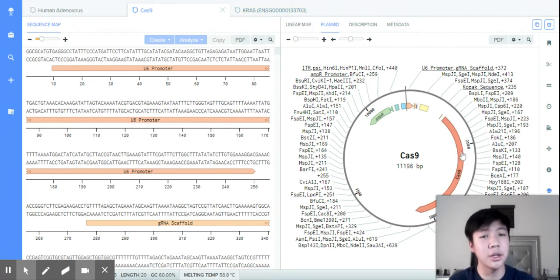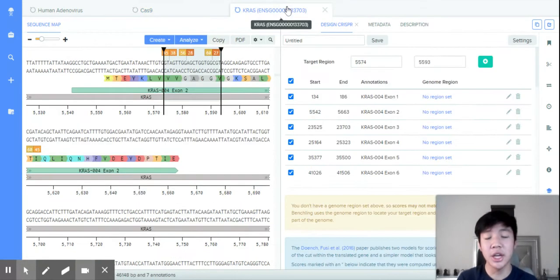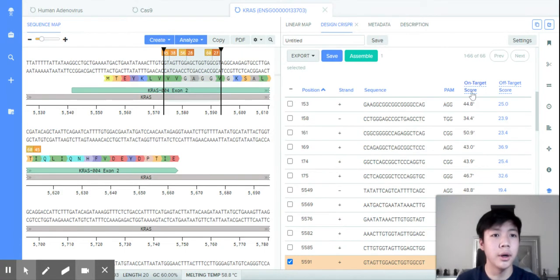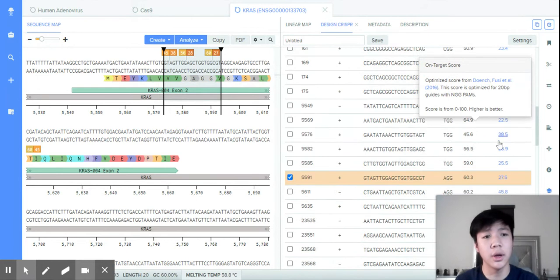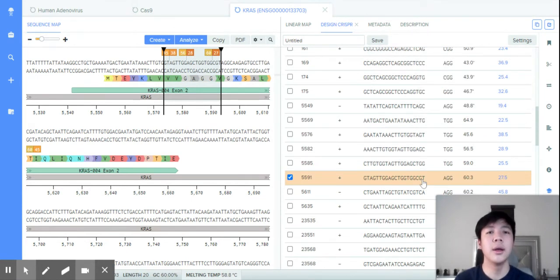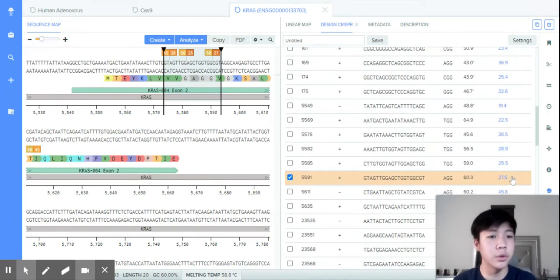So here you can see the Cas9 is from Streptococcus pyogenes, which is one of the most common Cas9s being used, and the guide RNA, which will target KRas. KRas is a proto-oncogene, but mutations in it can cause it to become an oncogene, which means it's a cancer-causing gene. By using the Benchling software and having its CRISPR guide tool go to work, I can see sequences that would be really good. For example, we can see the on-target and off-target score, and this is a sequence I settled on